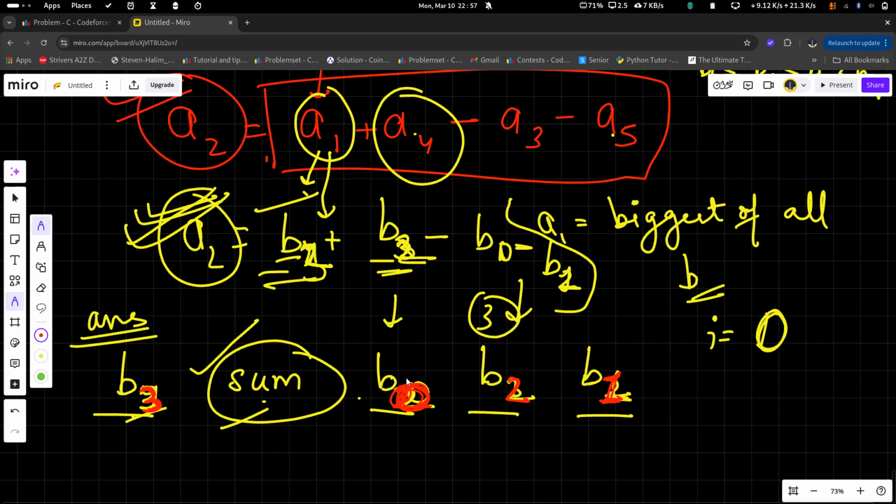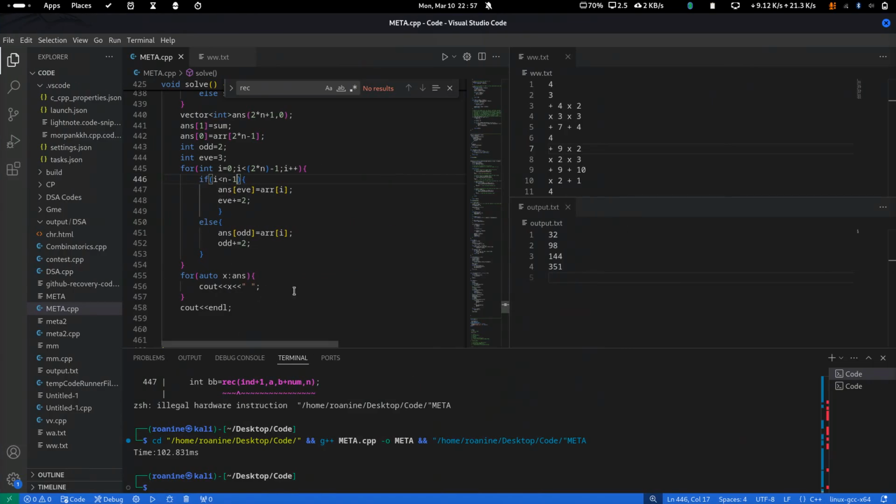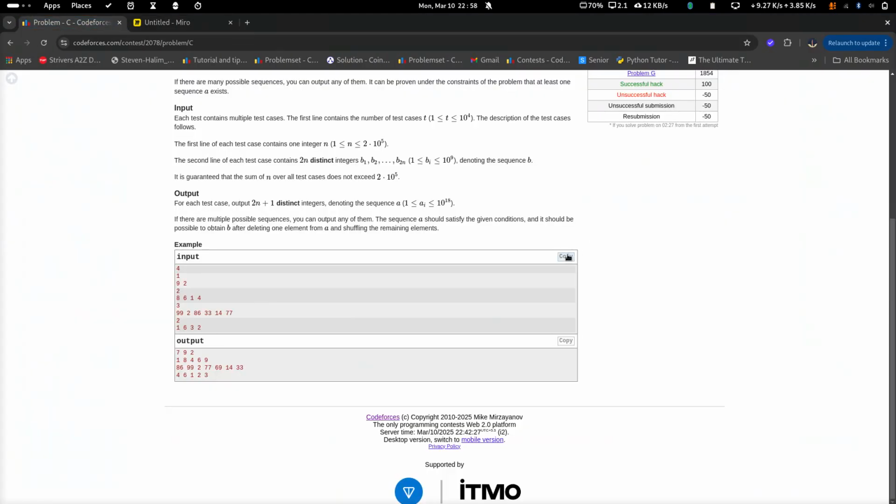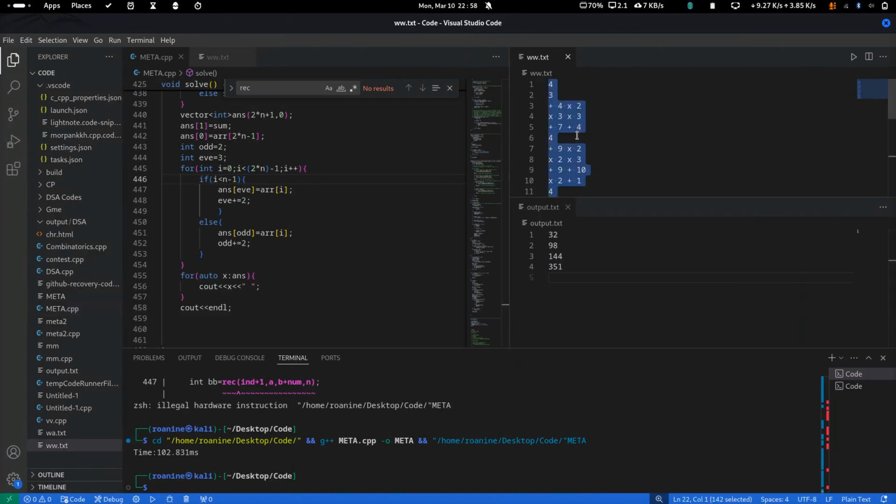So I've just started the odd and even numbering from here, and then put the values according to the array. That's it, and then I output the array. So let's check if it is showing the correct answer or not.